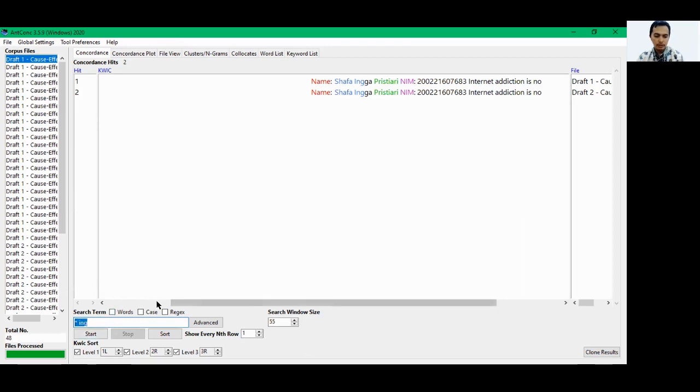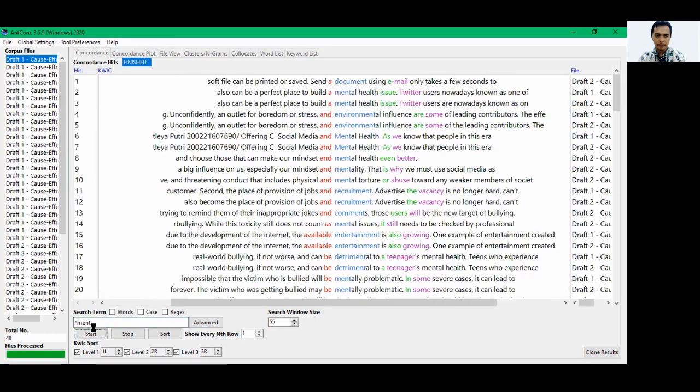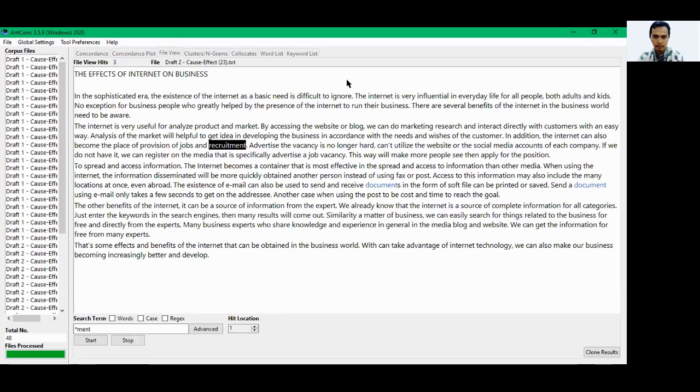So if you want to put, for example, suffix er or suffix ment, like in entertainment, then you can do that and click start. It shows you like this, and it includes all of them. And then maybe if you don't want these sentences, so you want to delete some of them, you can do that manually. For example, control and click